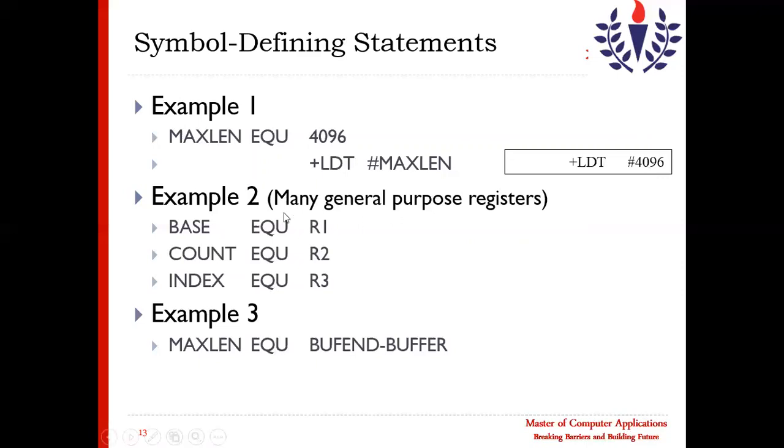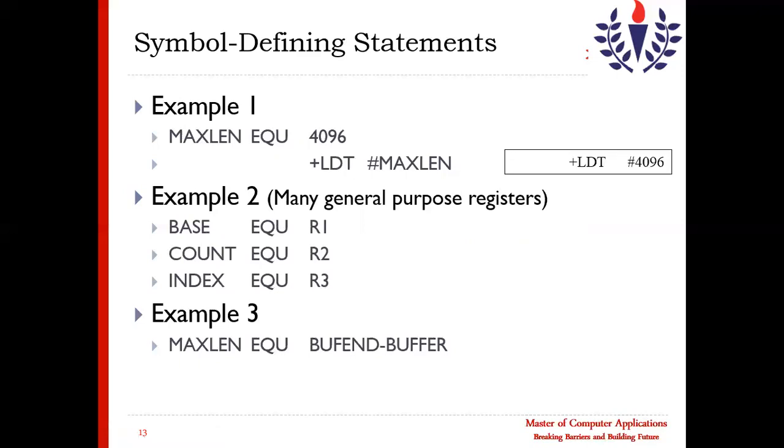Now we can use EQU to assign registers also. Like R1 will be assigned to the base register, R2 will be given to count, and R3 will be given to index.